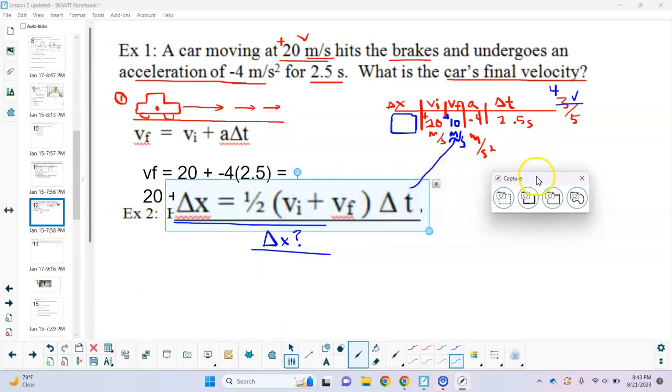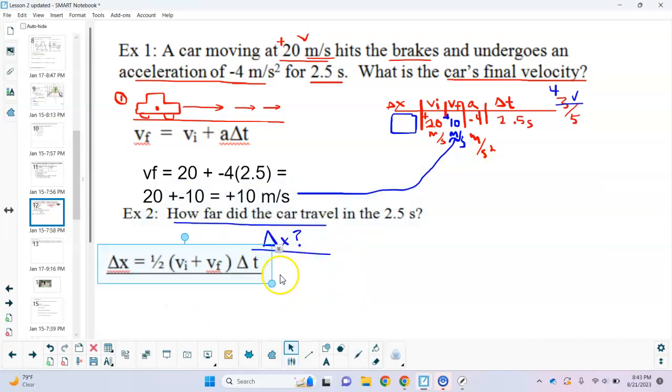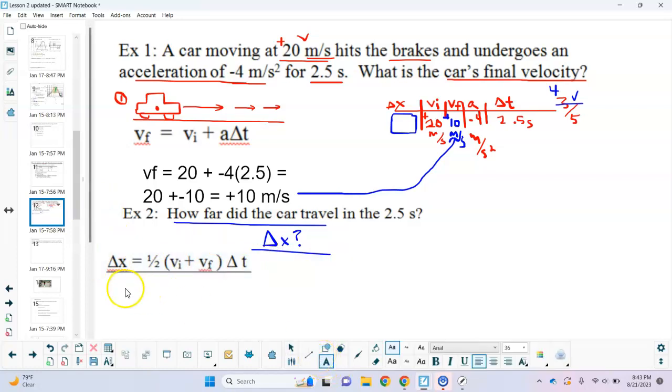All right, so moving that down and shrinking it a little bit. So we're going to use that equation to solve for the displacement. So if I plug in the numbers here, okay. So I'm looking for delta x. So I'm going to draw a triangle next to the x because I don't have a triangle symbol handy. So triangle x, or delta x,